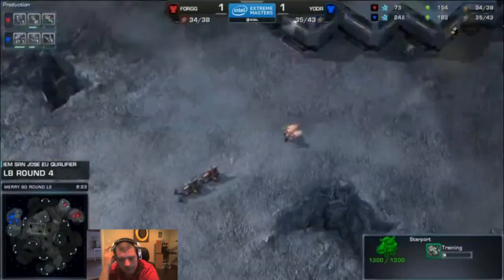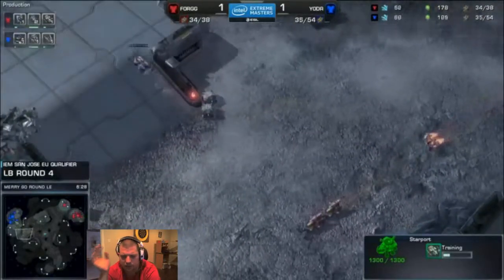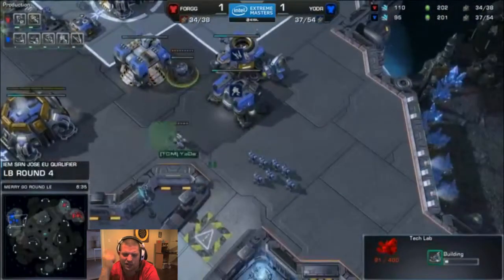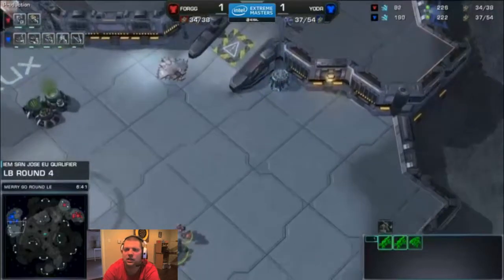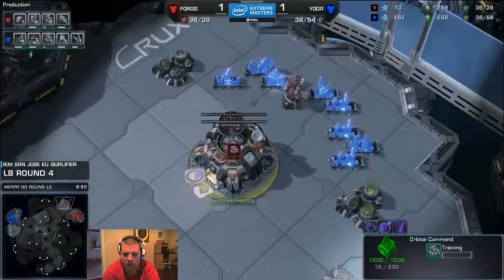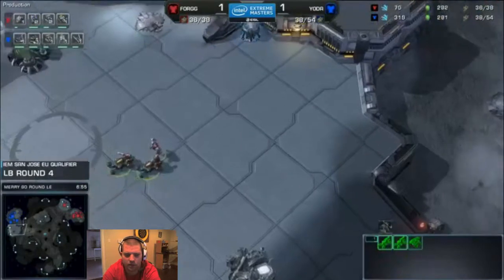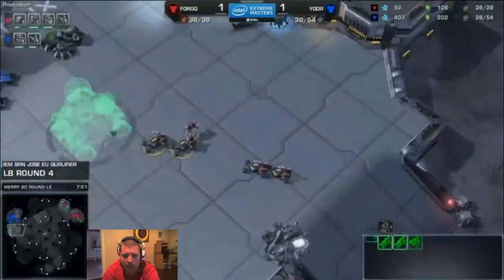Continue making SCVs. I find it really funny that ForGG is opening right here with a Viking. Normally it's Raven then Viking, because what's a Viking going to do if you can't see anything? Interesting play. ForGG has a few Hellions at the base ramp of Yoda's. Also, you guys know that any of your mech units can be repaired, so repair your units that get weakened. Right here, Yoda's repairing a Hellion and producing